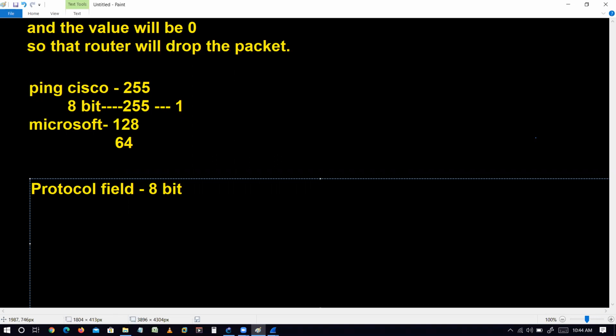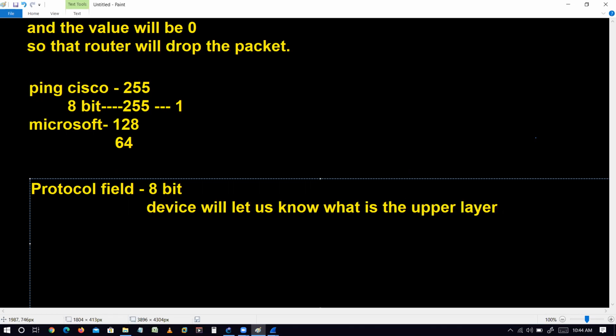Using this field, the device will let us know what the upper layer information is. Let's suppose whenever we do a ping, the routers use the ICMP protocol, correct?